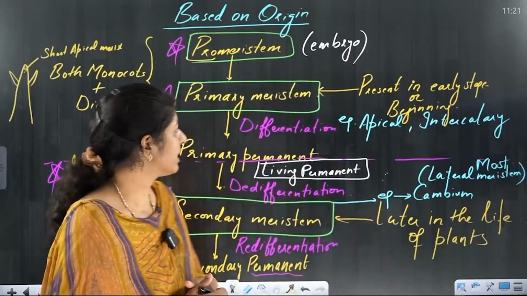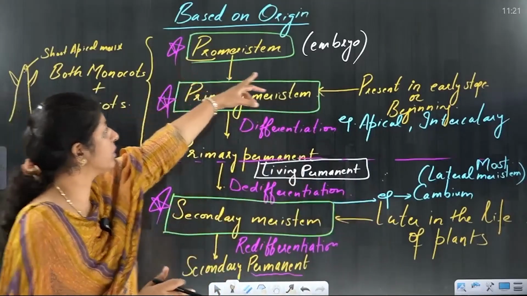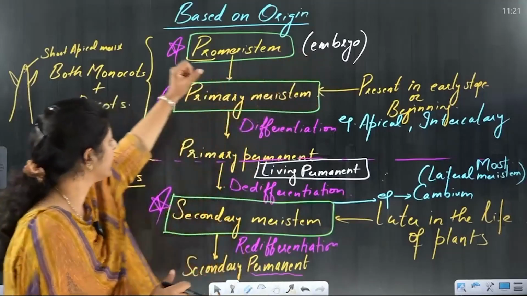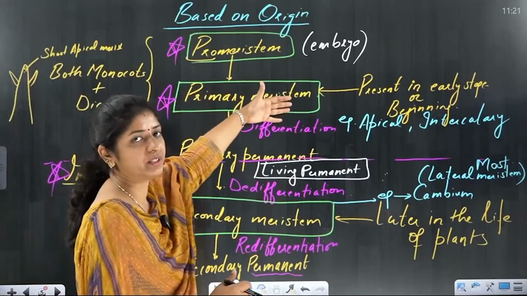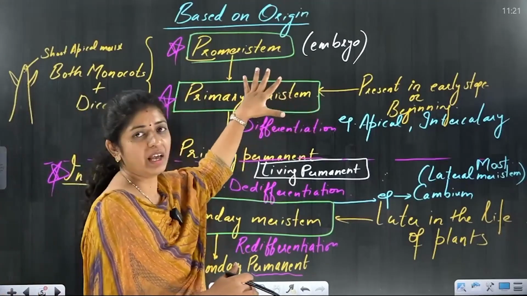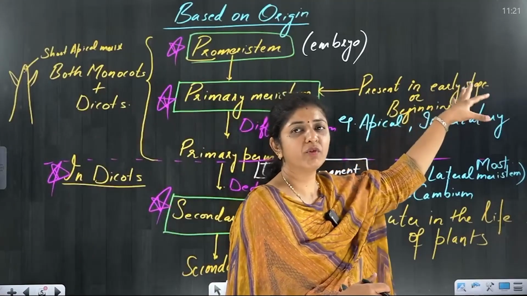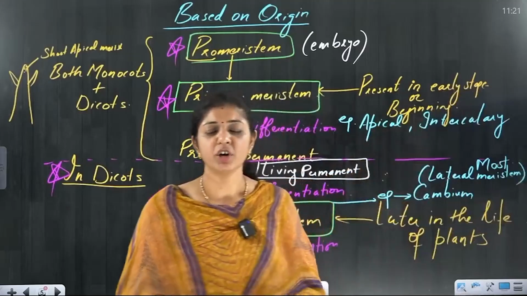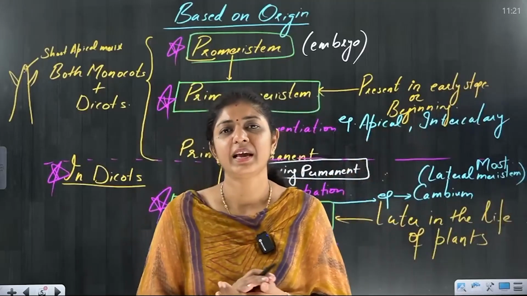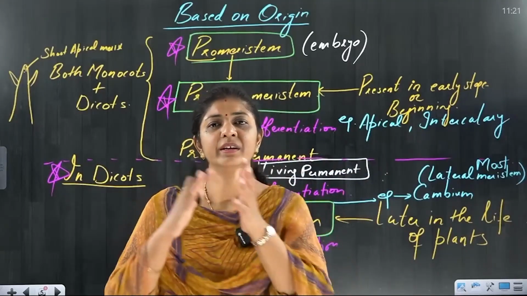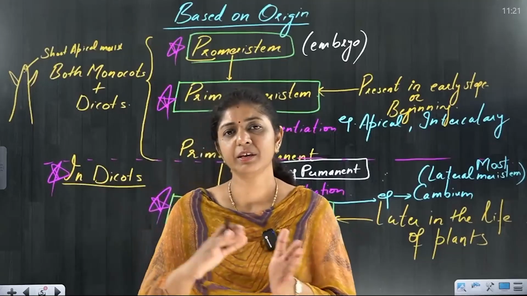Embryonal stage, very nice. Embryonal stage we have discussed, that embryonal stage only on the pro-meristem. Fine. Second is what thing? Primary meristem. What is primary meristem? For at least don't forget that it is in the early stages of the life of the plant. It is from the beginning, because plant need growth throughout its life, and from the beginning till the end of the life cycle, they keep on dividing.